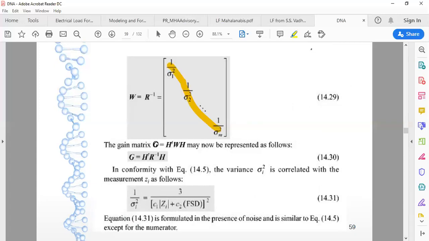Now consider G. In my first lecture, we defined the G matrix. That is nothing but the product of H transpose into the weighting matrix into H. H is the matrix which is formed by using the network topology. So the G matrix we have already defined. Now the covariance